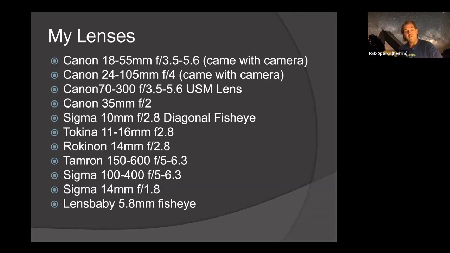And I also have the Sigma 14 millimeter f1.8 I got a few years ago when it came out. A very wide, extremely fast lens, and a Lens Baby 5.8 millimeter fisheye, which is a fun lens to play with occasionally. And I have a couple shots I'll show you in here from that one, which gives some unique perspective that only that type of lens could capture. There are a couple shots where you need a full true fisheye to capture some types of shots. That's sort of the collection of stuff I use mostly.